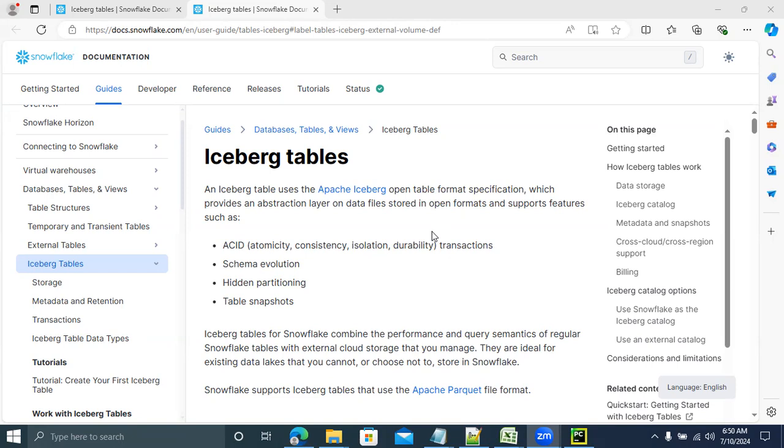In Snowflake Warehouse, they introduced this table called Iceberg tables. It's one of the open table formats designed for analytical workloads. Huge analytical workloads.